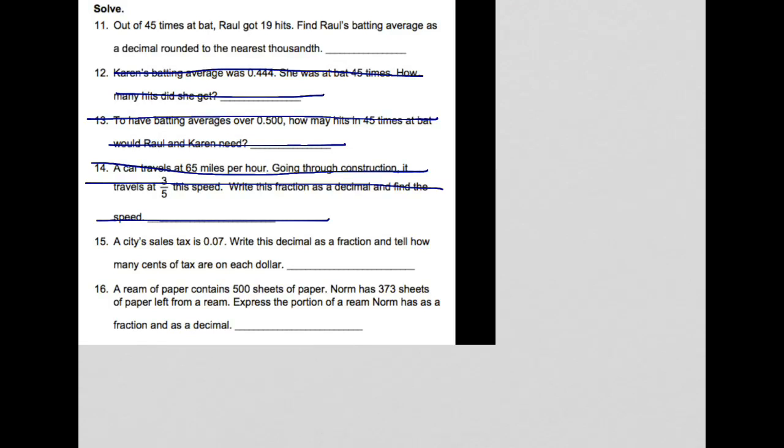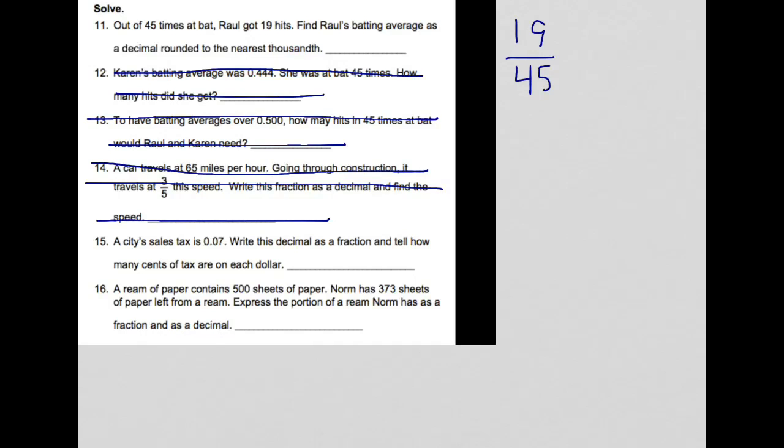We're on the last video for comparing and ordering rational numbers, example number 4. Out of 45 times at bat, Raul got 19 hits. Find Raul's batting average as a decimal rounded to the nearest thousandth. So out of 45 at bats,